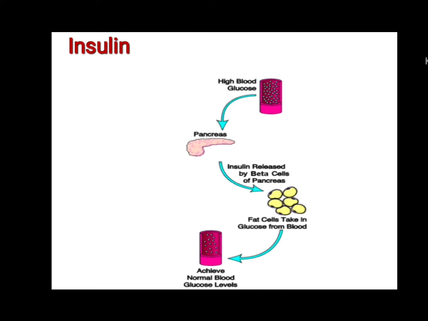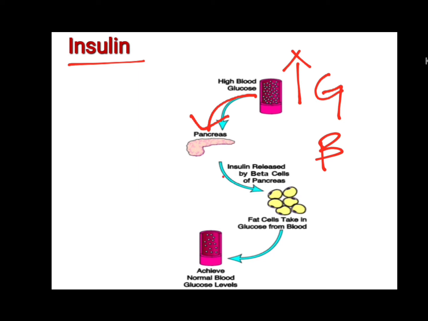Okay, in the same way, the insulin will act exactly opposite to the glucagon. So here you can see, when there is high blood sugar level, when there is excess amount of glucose in the blood, that message is again sent to the pancreas, and the pancreas through the beta cells will start producing or secreting insulin.